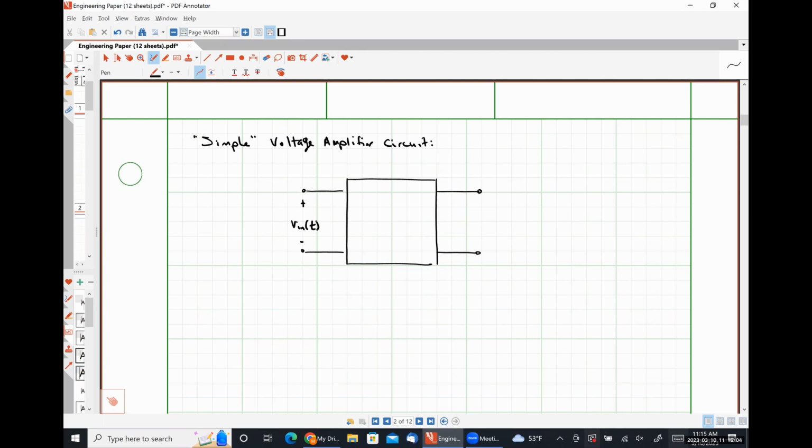Here is my input voltage. Let's assume it's time varying. It doesn't have to be, but we'll just assume that it is. And here is my output voltage, right? This middle section